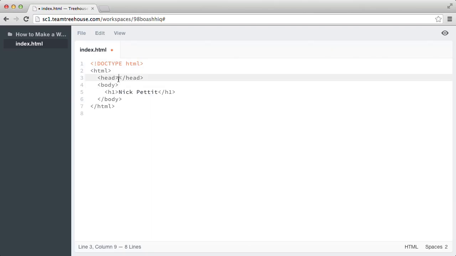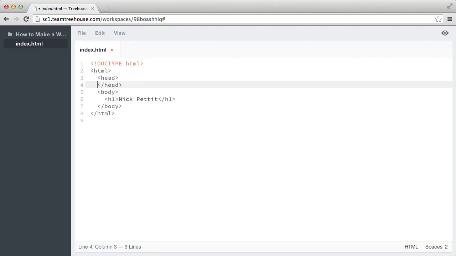Now, let's jump inside of the head and hit enter to create some space. Hit tab to indent our code. And then let's type a title for our website. I'm going to write my name,